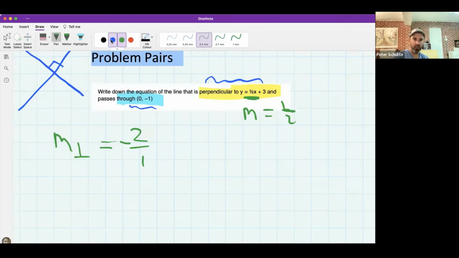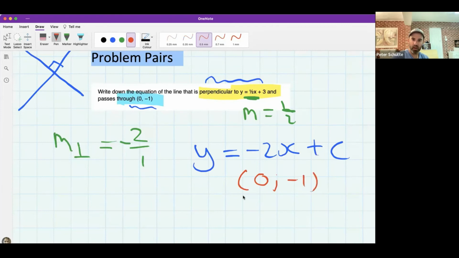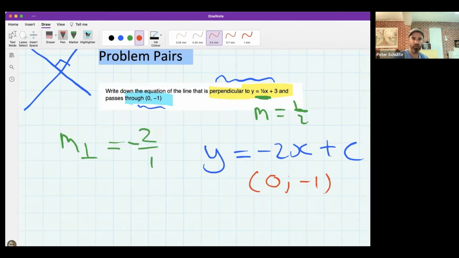So for those who recognize 0, minus 1 as the y-intercept, the question is over, chop chop. But I'm just going to do this method because I know it's super reliable. And again, there are other methods that you could have done too. But basically, I get that point, and then I just need to find out what my C value is. And the way I do that